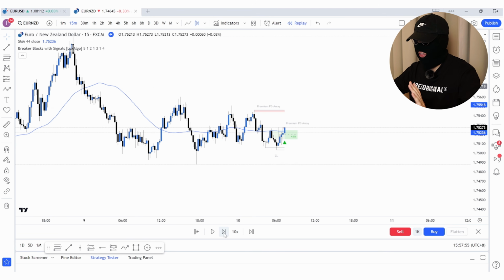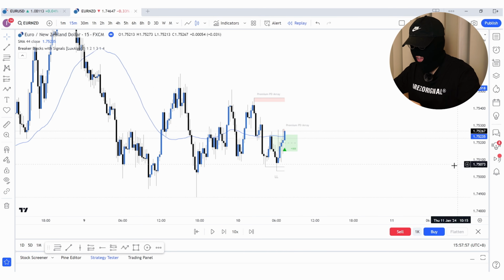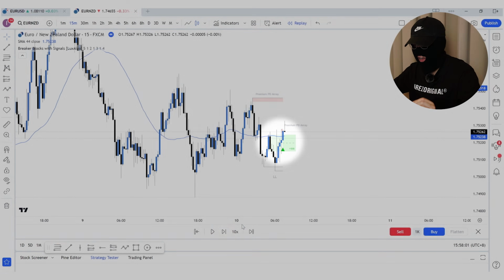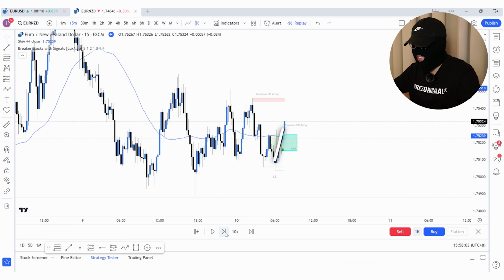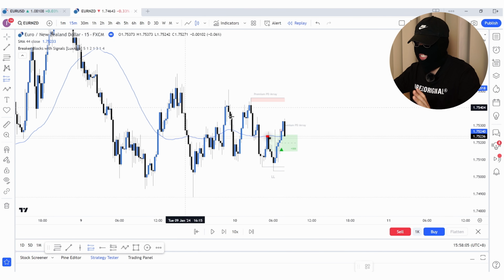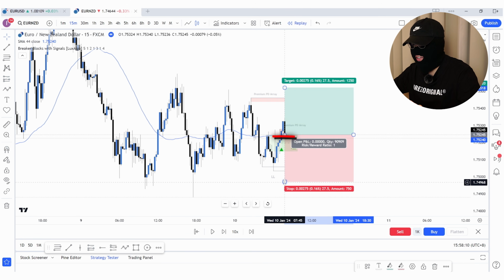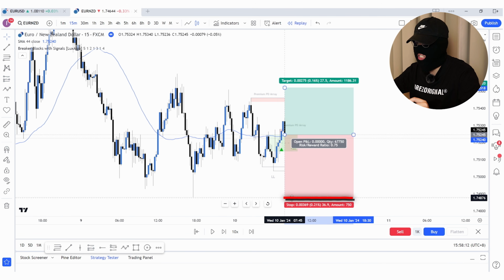Once price broke the most recent lower high, the indicator flashed a bullish breaker block, telling us to look for buys. So when price retested the order block, I saw that price retested the moving average as well and closed above it. This was when I took a buy with stop loss below the structural low and a targeted 1-to-2